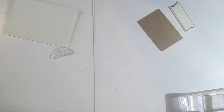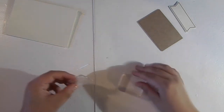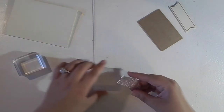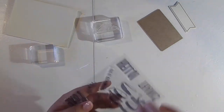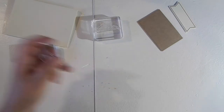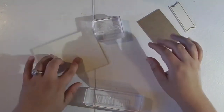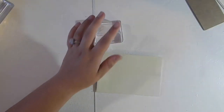Okay, we're done with this. Whoops. Okay, so we're going to use this one. And I think, nope, that won't fit on that block, so I need this one here. Okay, so that fits right there. And then we're going to be using the hello. So we'll grab that, and that'll fit right on this one. Okay, so I think I'm going to start off with the envelope. I'm going to grab my Early Espresso again